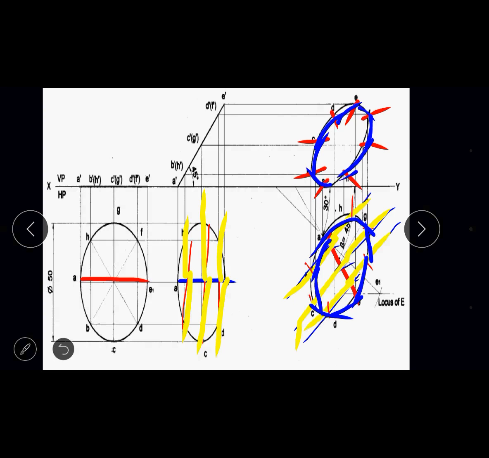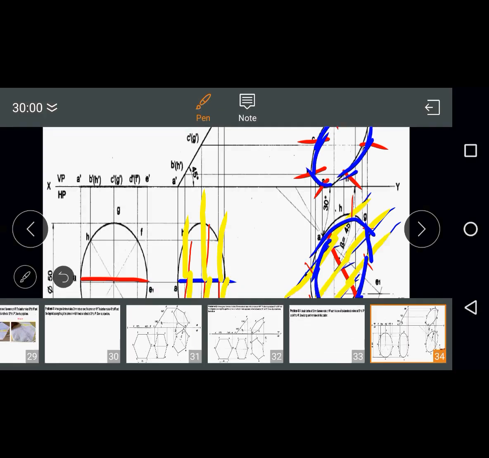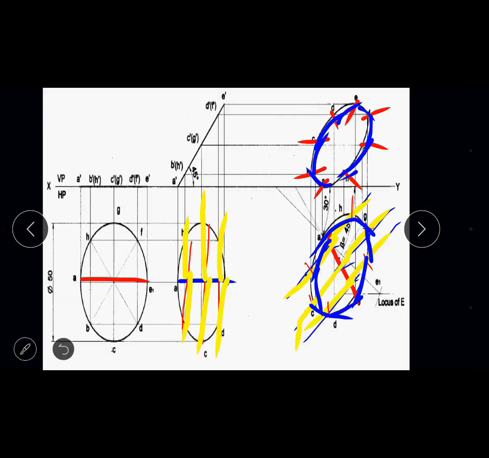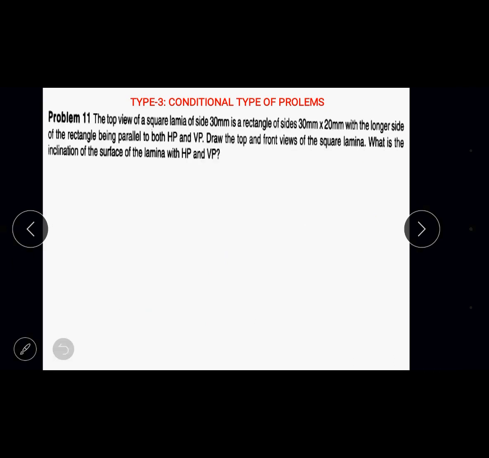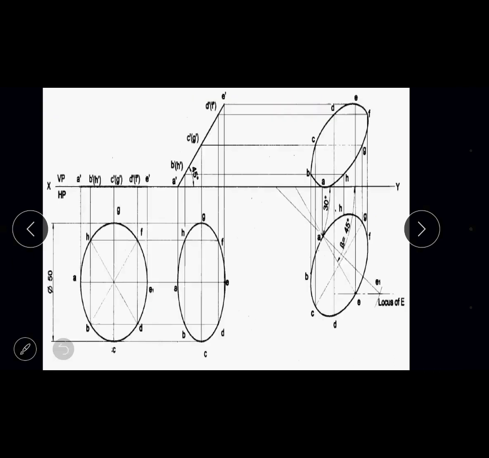So any doubt on this problem? Activity audio if you have any doubt. Then next we will go to type 3. So we'll wind up this class. If you have no doubt, then we'll wind up the class. Anybody have doubts? No, sir, please, okay. Shall I wind up the class?